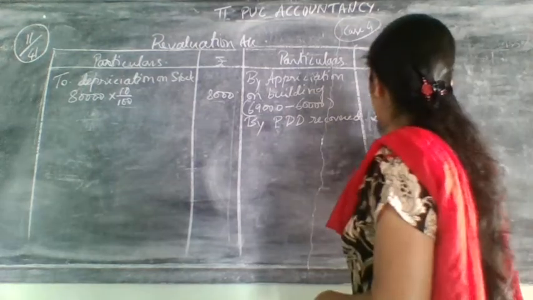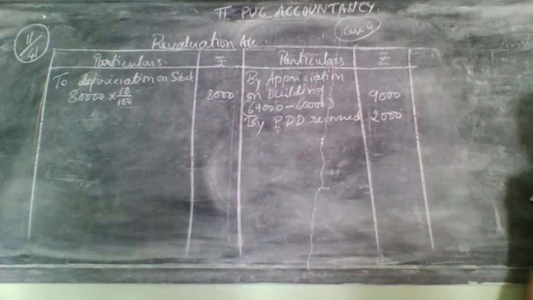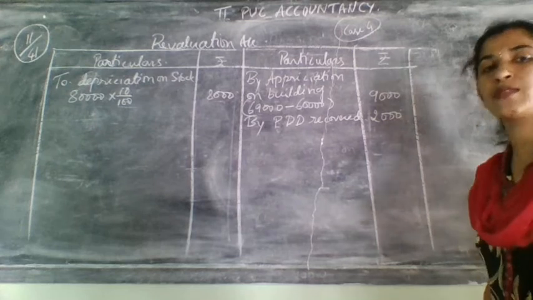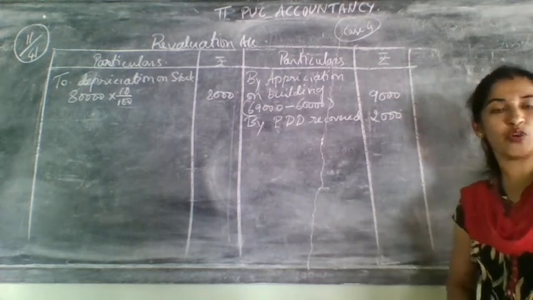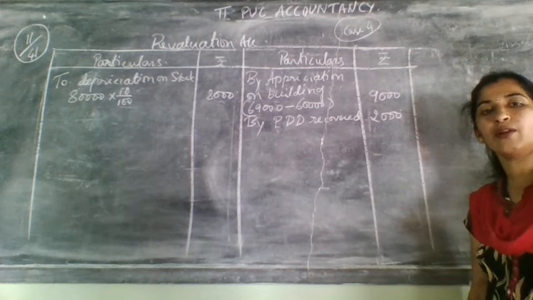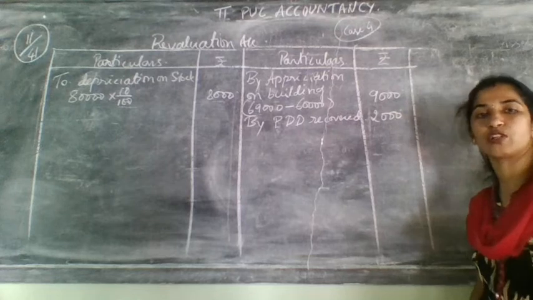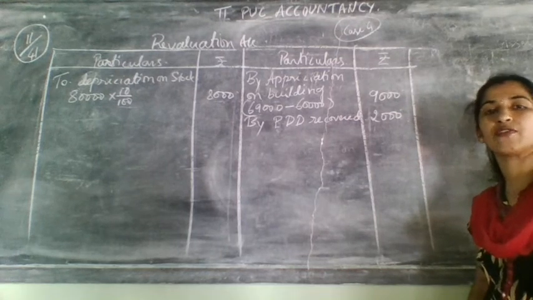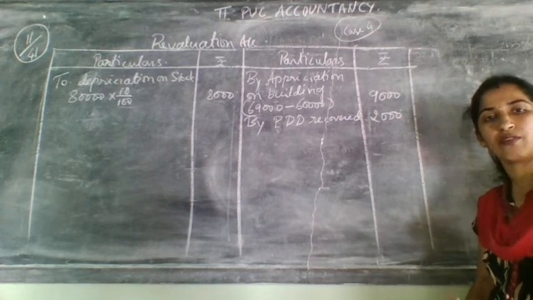Take that amount directly here. It was not increased, it was decreased by. Decreased by is nothing but reduced by. That means PDD recovered. So don't go for the old PDD and all, because "by" means direct amount. When they give you "to", you need to touch that amount, whatever is given in the old balance sheet. Here there is no need to do like that because they have given "by".